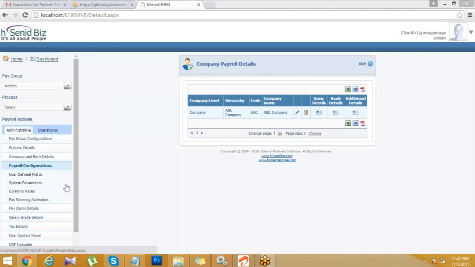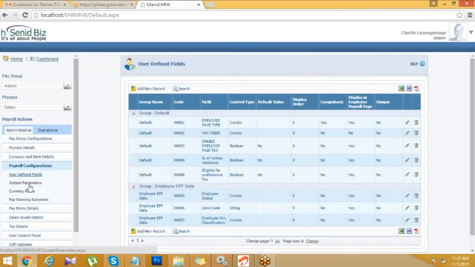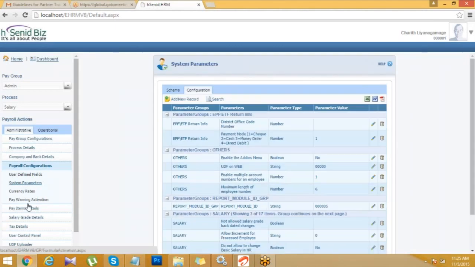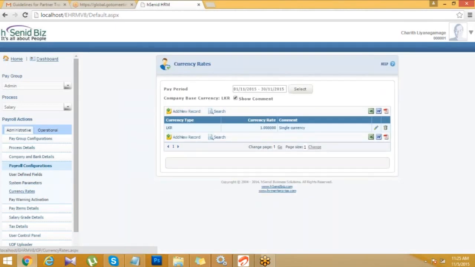Then you have a very interesting menu called payroll configuration. Under the administrative menu, there are actually three areas that you have to learn. One is user-defined fields. The other one is system parameters and the currency rates. Okay,